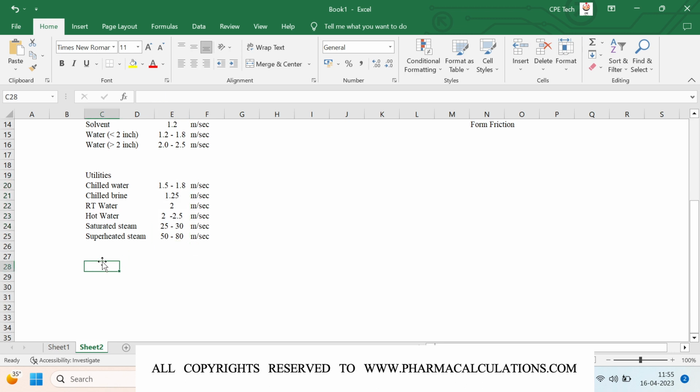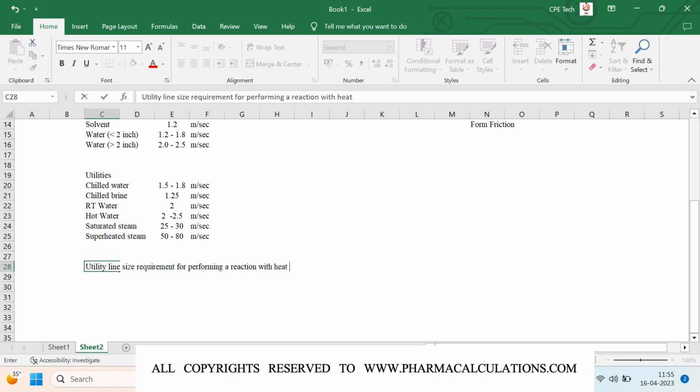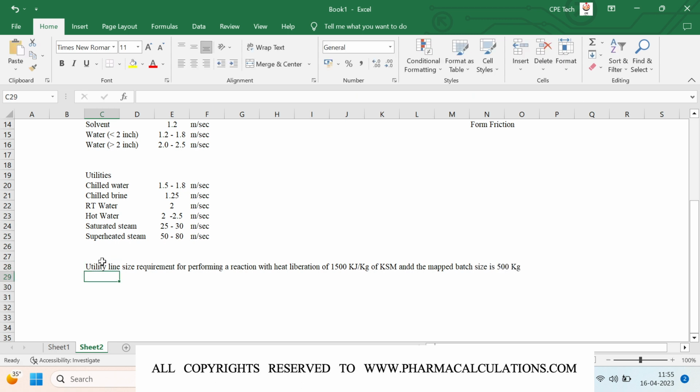So the case that I am going to take is estimation of utility line size requirement for performing a reaction with heat liberation of 1500 kilojoule per kg of KSM, and the mapped batch size is 500 kgs. So this is the case, and we would like to calculate the utility line size requirement for